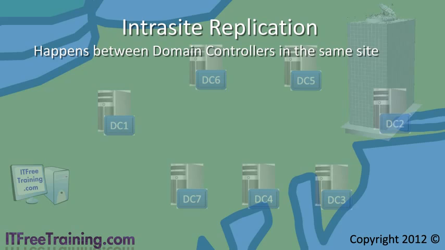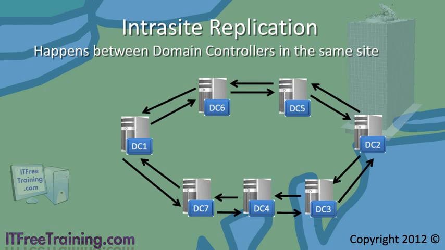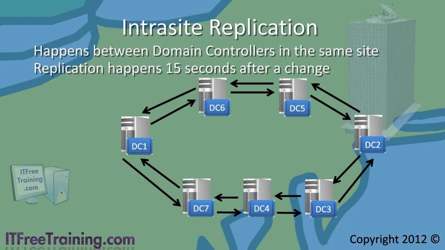You will be happy to know that Active Directory handles this kind of replication without any configuration. It does this by connecting all the domain controllers in that site together in a ring. You can see that the 7 domain controllers are each connected to 2 other domain controllers. This gives some redundancy and also reduces the number of connections required in sites with a large number of domain controllers. In Windows Server 2003 and above, intra-site replication will start 15 seconds after a change has been made on a domain controller. With such a small delay, all domain controllers on this network will receive the change in less